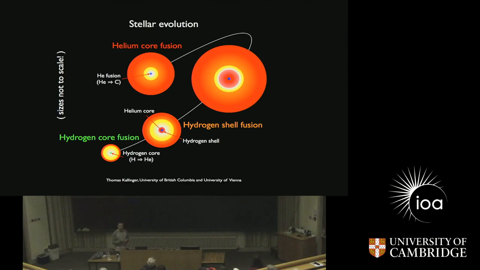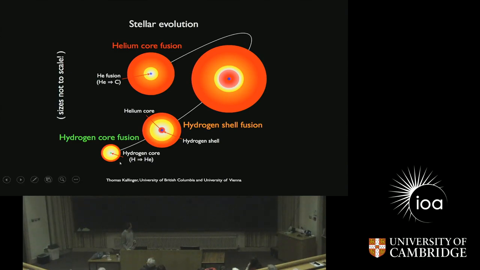When there is no more fuel to burn in the core, gravity wins, and the core starts to contract into itself. This causes the core to be more compressed and to heat up, and the outer parts to expand, and the star becomes a red giant. At some point, the core is hot enough to now fuse helium into carbon. So the star still has some more fuel, and it continues its life as a red giant.